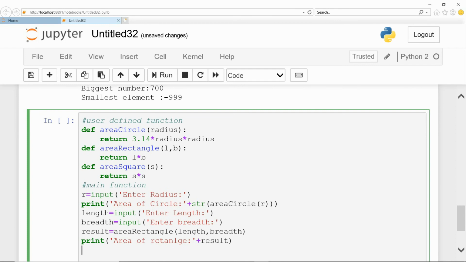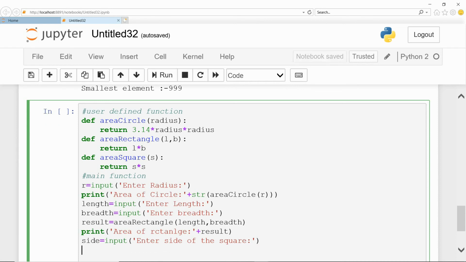Now for the area of square, first you input a side equal to input, enter side of the square. Now call the function area of square as well as print the result.